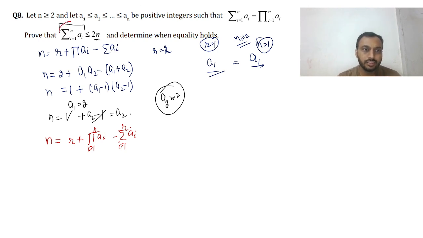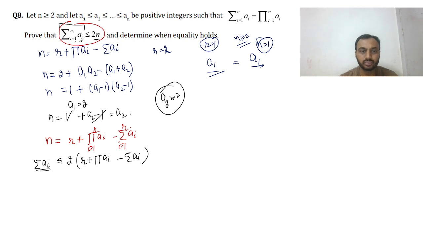So what does this condition imply? This condition implies that the summation of ai is less than or equal to twice of n, and n is this. Now here the summation of i means i is 1 to n. Now, all the numbers we are talking about, the sum of all numbers,